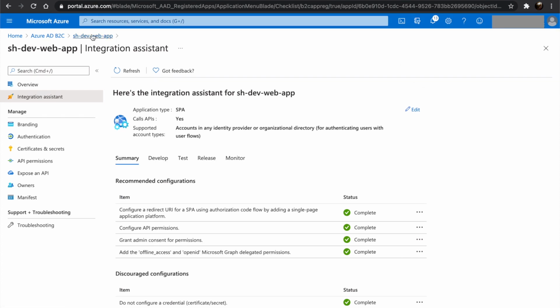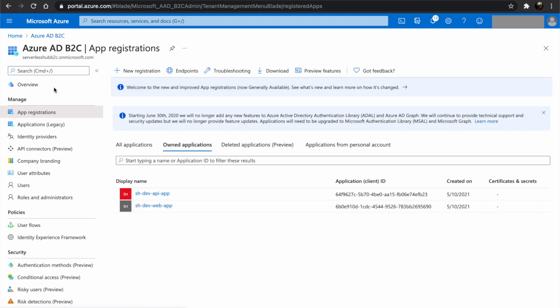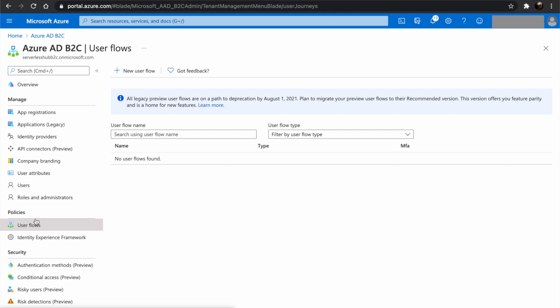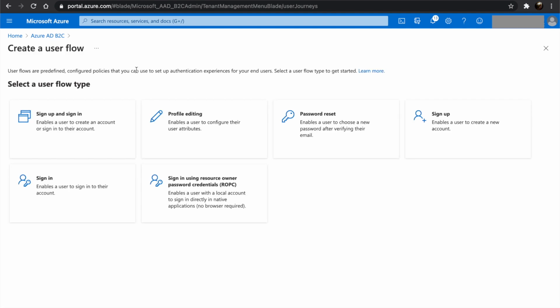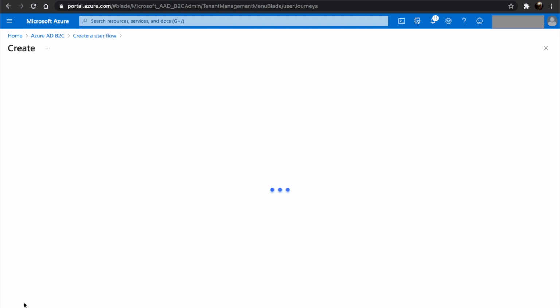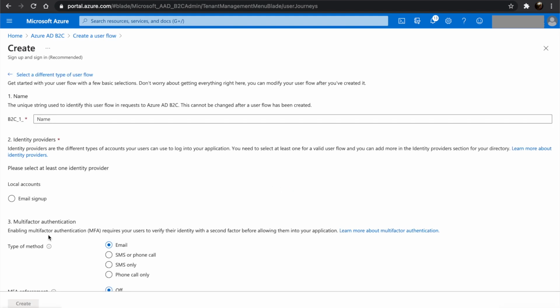Now we need to allow users to sign up and sign in. For that, we can use Azure AD B2C user flows. Let's create a user flow. Let's select the type sign up and sign in. Let's click create. Let's name our flow.